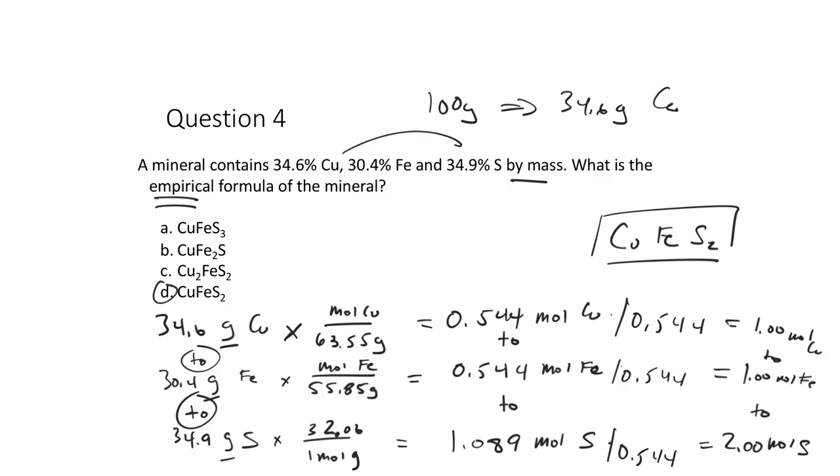Now, a few things. One, you should be within about 0.05 here to be able to round. If you get a number here that works out to be 2.25, we don't have a whole number. We need to think, does doubling lead them all to be whole numbers? Nope, it would be tripling or quadrupling. So if these aren't whole numbers, you start thinking, do I need to double them all, triple them all, quadruple them all, and find the smallest multiple to give you whole numbers to get you that empirical formula. Usually where you run into issues is being a little bit imprecise with these